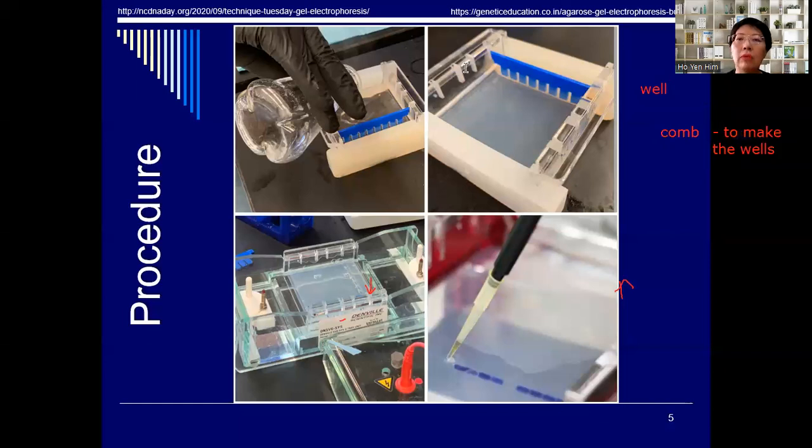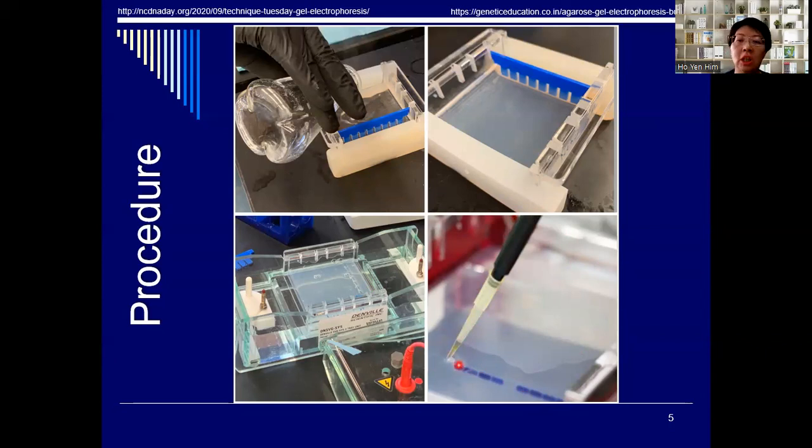Allow it to set at room temperature. After it sets, we can transfer the gel into the electrophoresis tank. This is the tank for electrophoresis, because you can see that the left side and right side are the electrodes for you to join the electric wire to. You can see here in the gel, now there is this well. The next step is we will use a micropipette to transfer a tiny amount of DNA